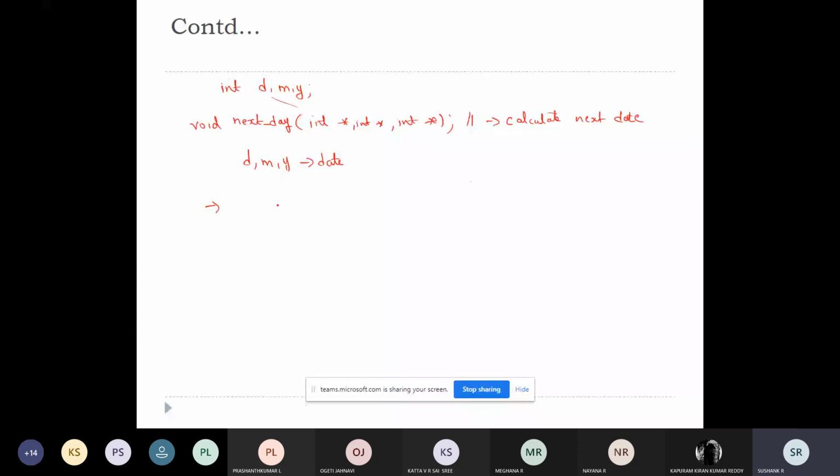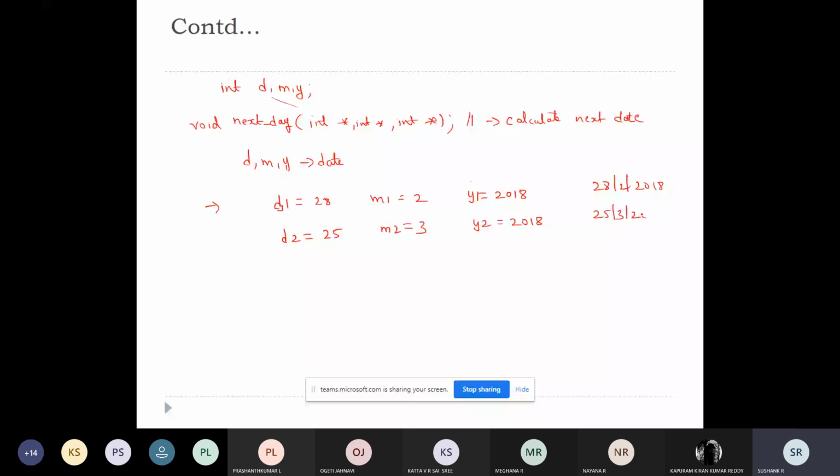For example, assume d1 is equal to 28, m1 is equal to February, and y1 is equal to 2018. Again, d2 is equal to 25, m2 is equal to 3, and y2 is equal to 2018. So these are the dates: 28 2 2018 and 25 3 2018.